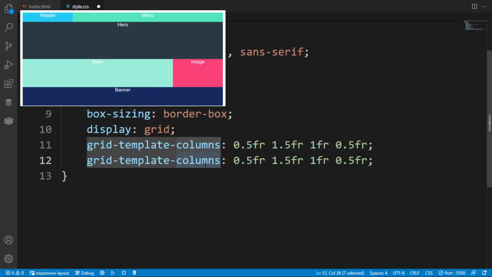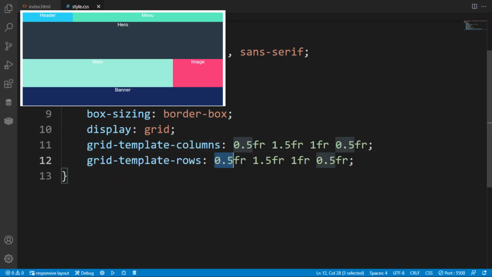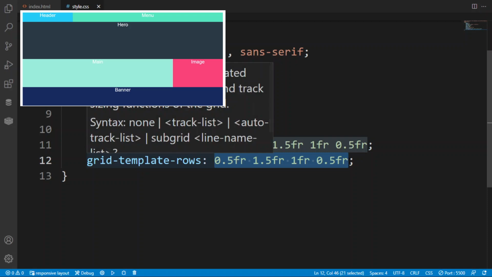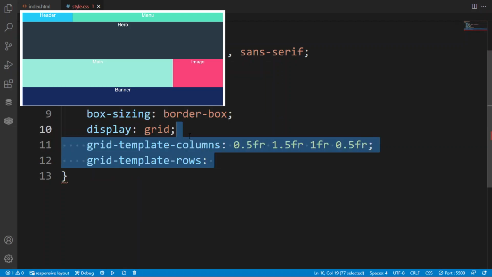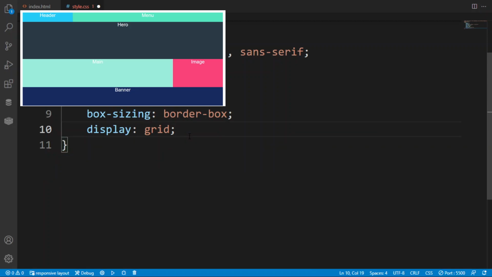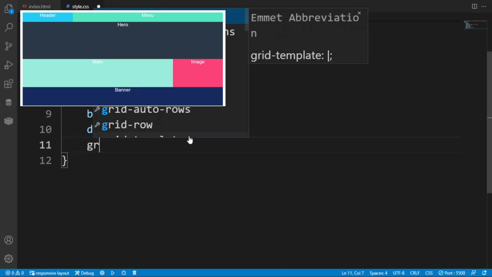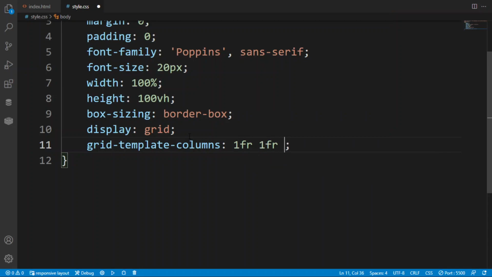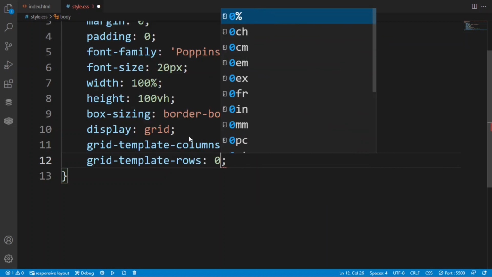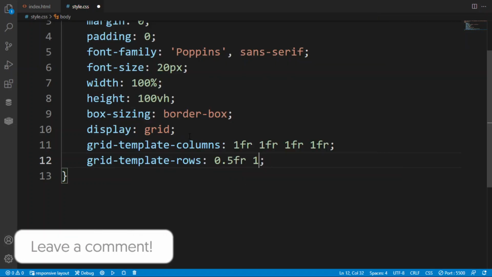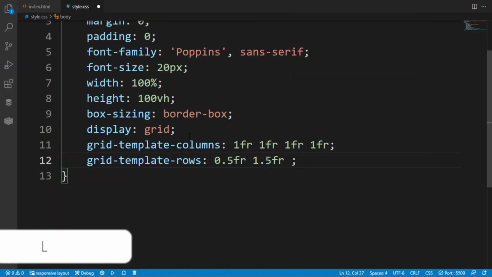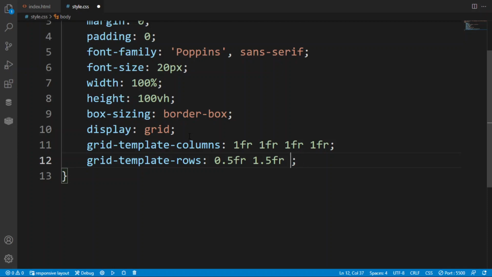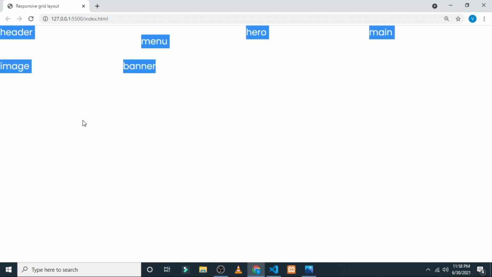After this, we are also going to mention the rows. As you can see, there are 4 rows. The first one is small and the second one is much larger than the first, and then the next one is 1 FR, you can say. So here I am putting all the things together, because I think there has been a mistake by me. I am giving the grid template columns 1 FR, means equal width, and the rows: first one is small, second one is too large, so 1.5, third one is medium, so we can put 1 FR. Then the last one is small, so 0.5.